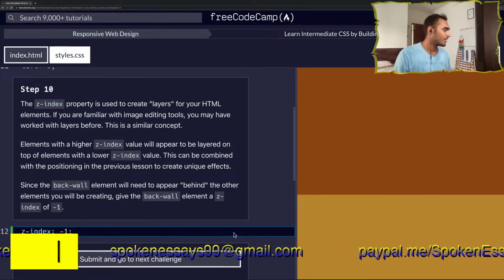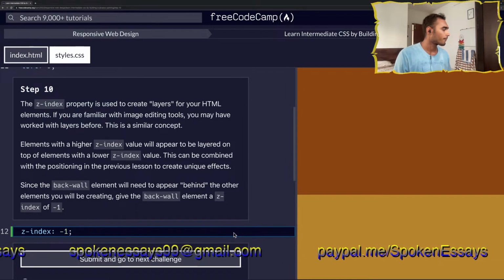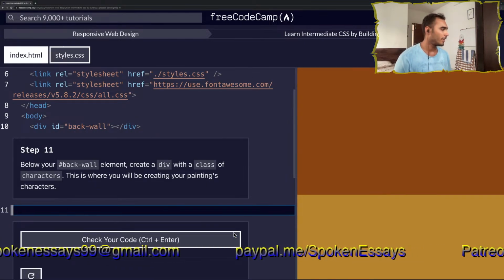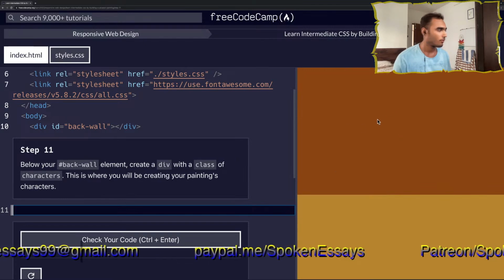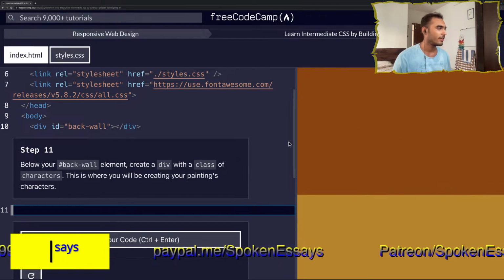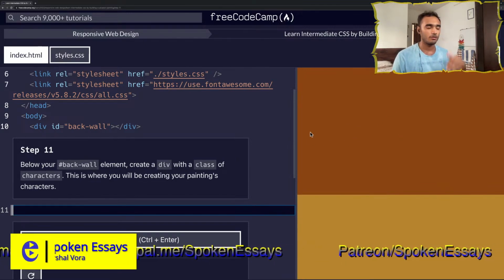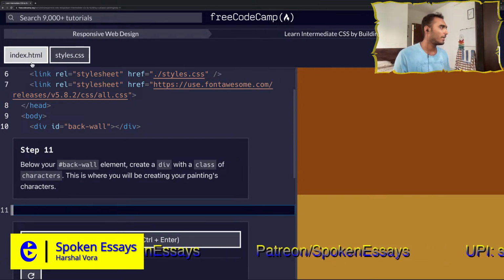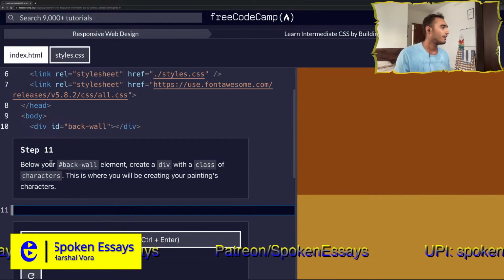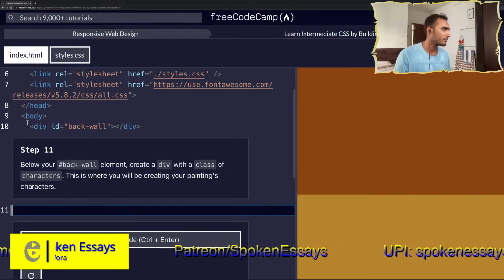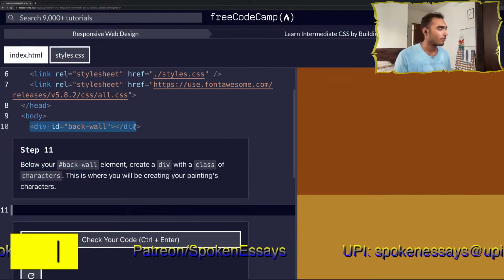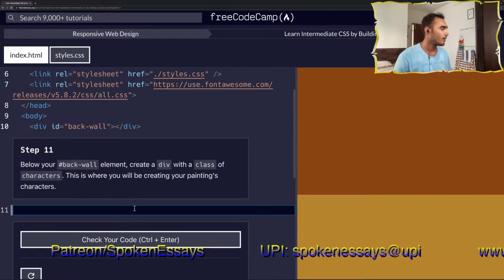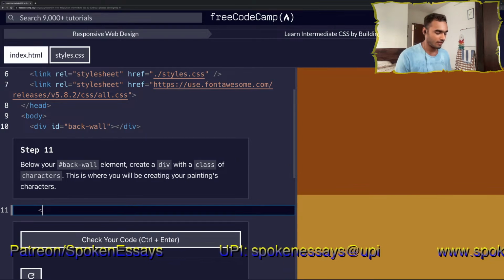So we have put z index -1 and let's go. Below your back wall element, create a div class. Sorry, not below, I mean when I think of layers, I confused it with layers. We're back to the index.html file and it says below your back wall element. So this is that back wall element. Below this we will create a div with a class